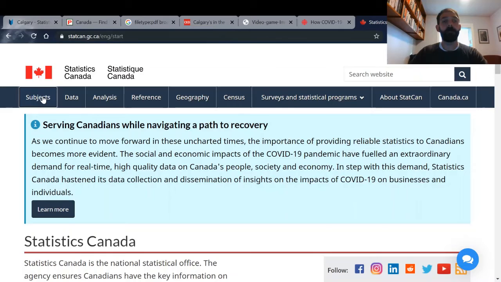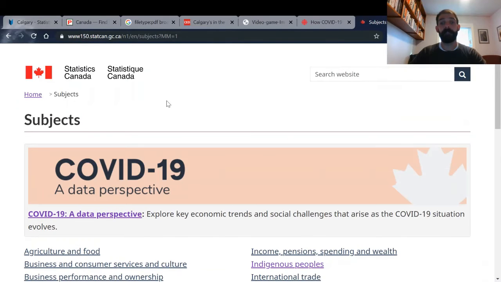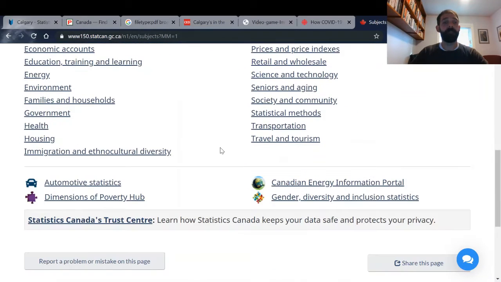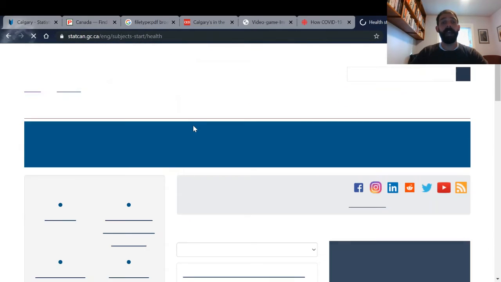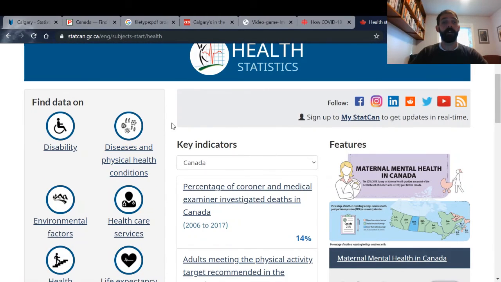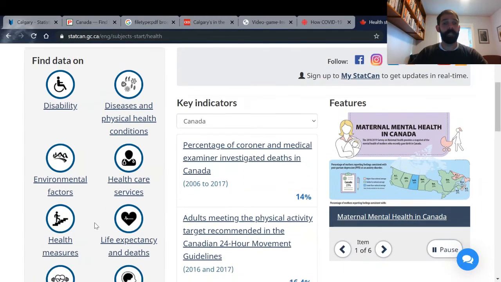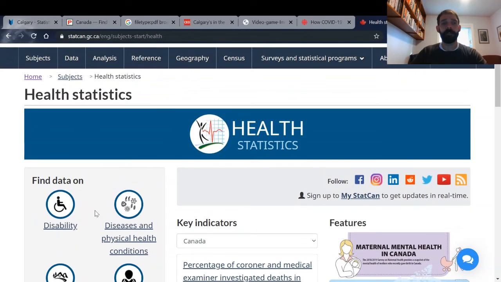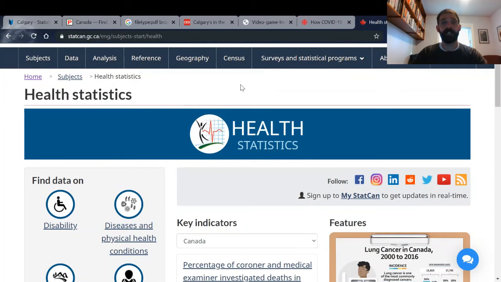I find it very helpful to browse by subject if you don't already know the terminology that StatsCan uses to define that. And then, for example, you might go to health and narrow it down from there. And then there are a few other ways of narrowing it down over here. So try out your search, but also consider browsing if you're looking for specific data.